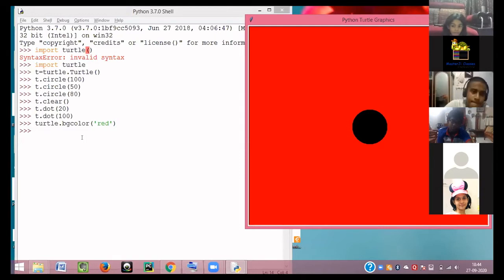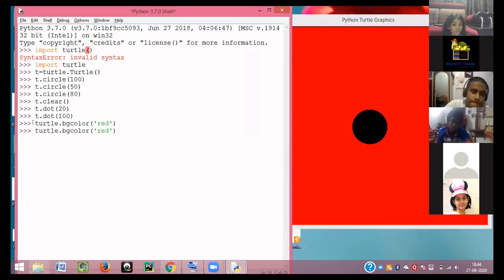And of course, once we explore, there are vast things that we can explore inside it. Now let's suppose I want to change this background color. Again, you can do the above command, and let's say I want to make it green this time. So instead of writing red, you have to write green and press enter. It turns into green, and so on according to your choice.